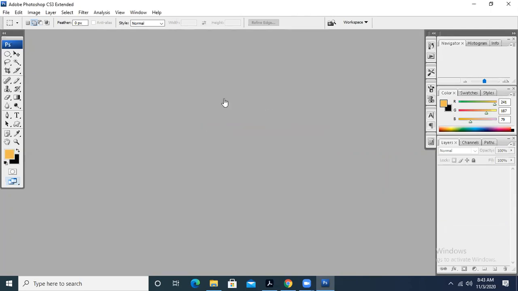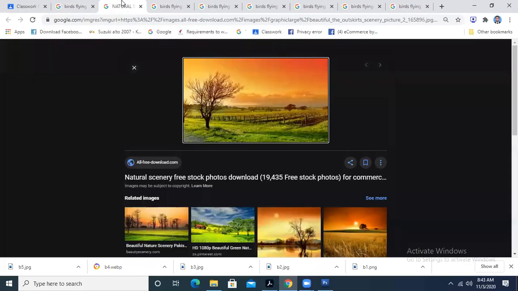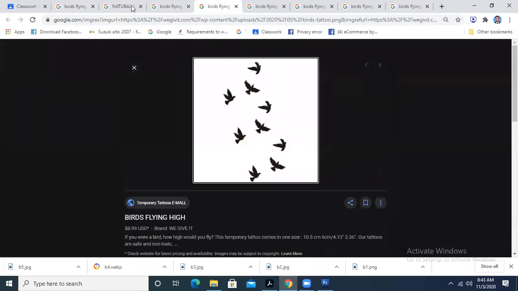I am unable to open the background. Let me check the background that I had taken.